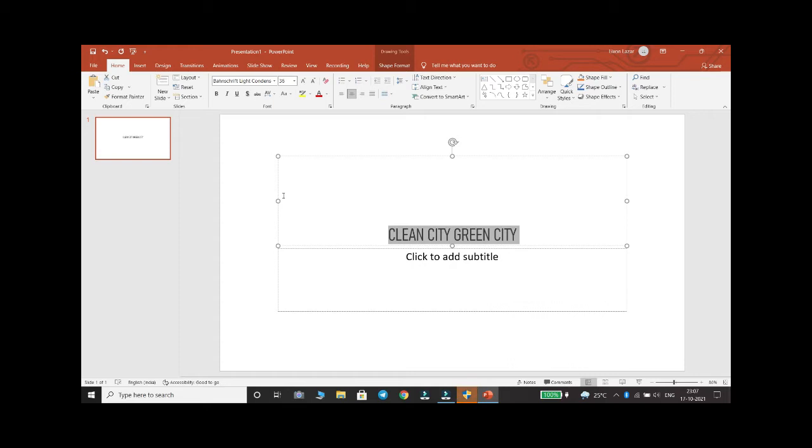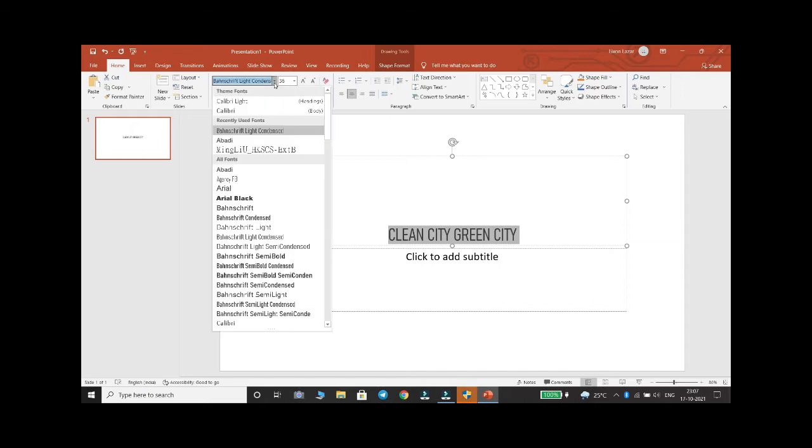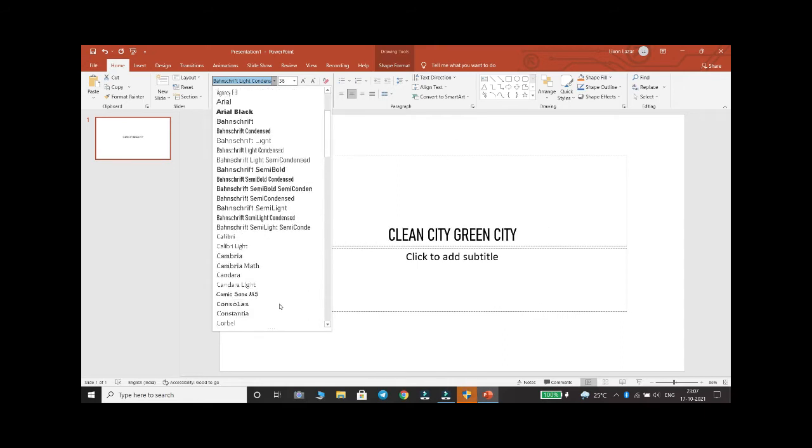This is how we are changing the font and size of the text. First, you have to select the text that you want to apply font. Then click on Home tab. In font group, two drop down boxes you can see. Click on the first one. There you can select the font type.